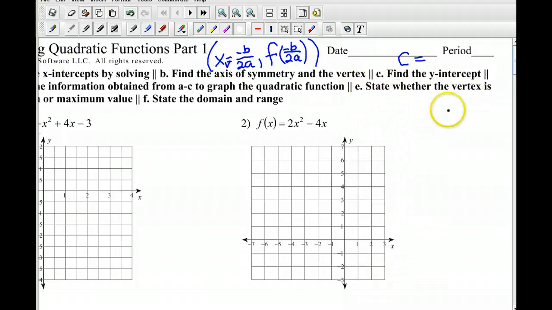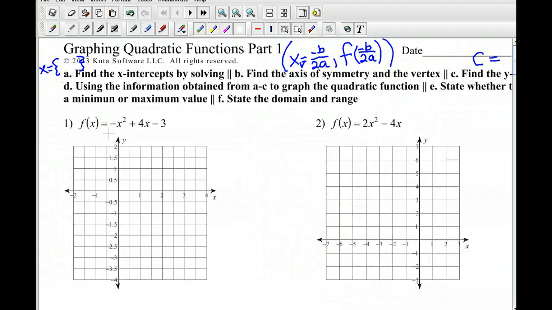E. State whether the vertex is a min or a max. All right. How do you know the min? We can do this actually before we graph it. If A is greater than 0, it's a minimum. If A is less than 0, it's a max. So remember the A value, that's this number in front,